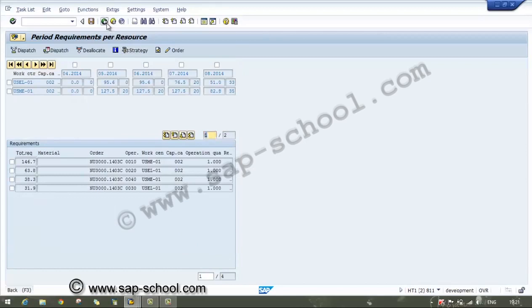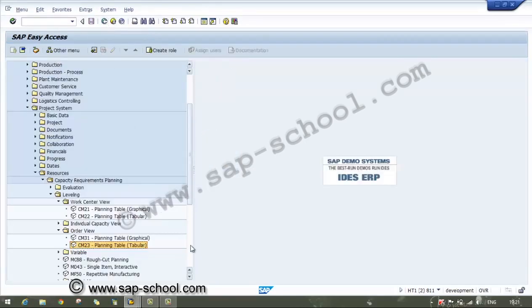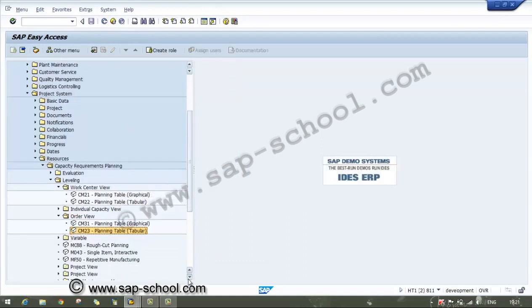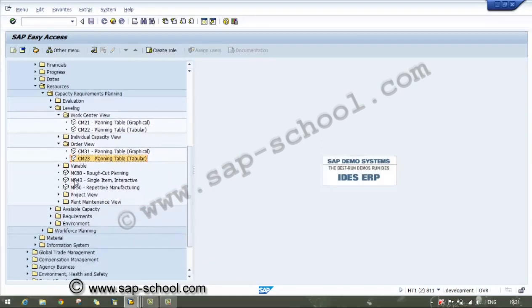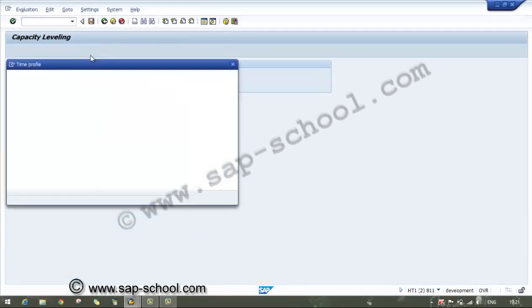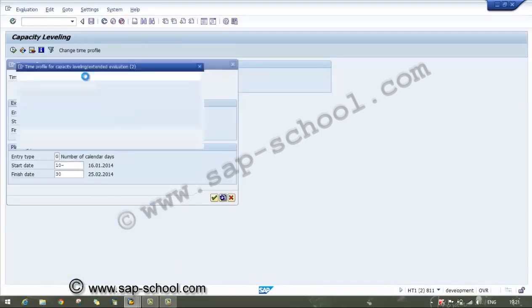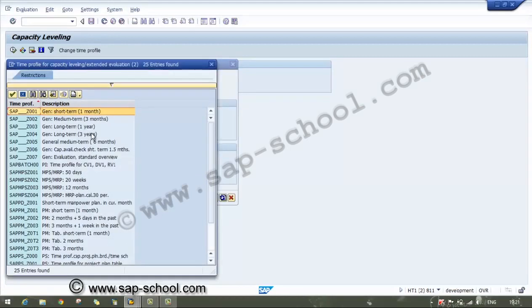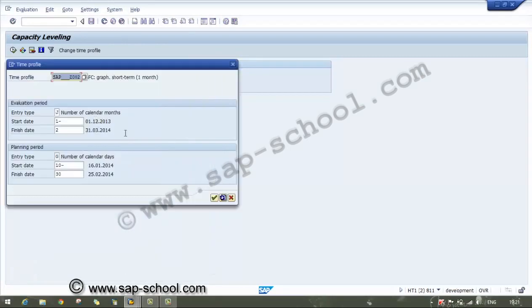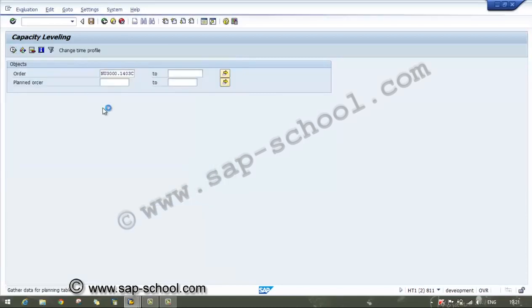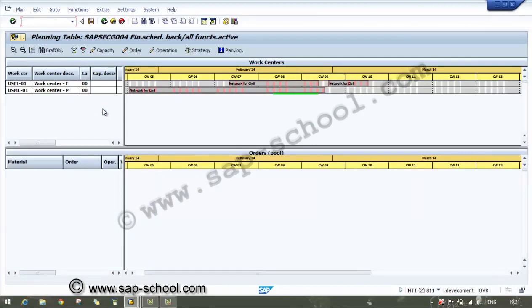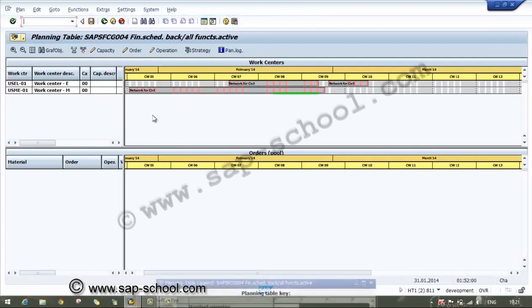Now based upon this, whatever we have evaluated, we can see in the graphical representation also for the next 3 months. We can see the graphical representation for this particular order. So in the two work centers we are able to see. Now the color legend is